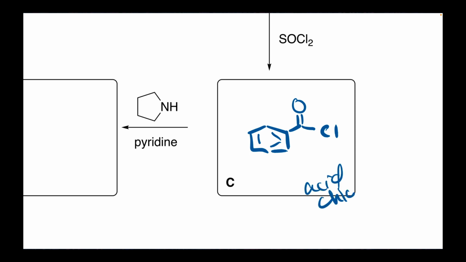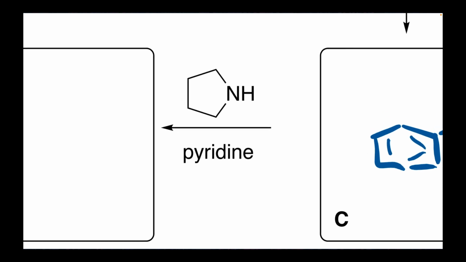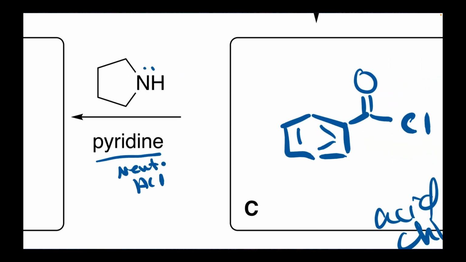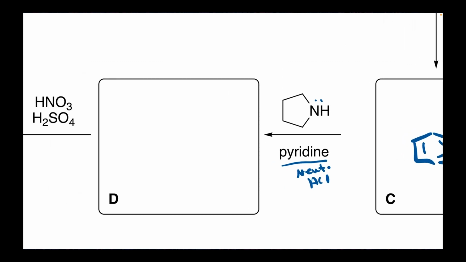And we take that acid chloride and react it with this molecule, this amine, in the presence of pyridine. Remember, pyridine is there just to neutralize HCl that's generated in the reaction. So this is the amine that's reacting. And so what happens when you take an acid chloride with an amine? Yeah, it substitutes the chlorine. So it adds to the CO double bond, and then the double bond reforms and the chlorine leaves, and we end up with,